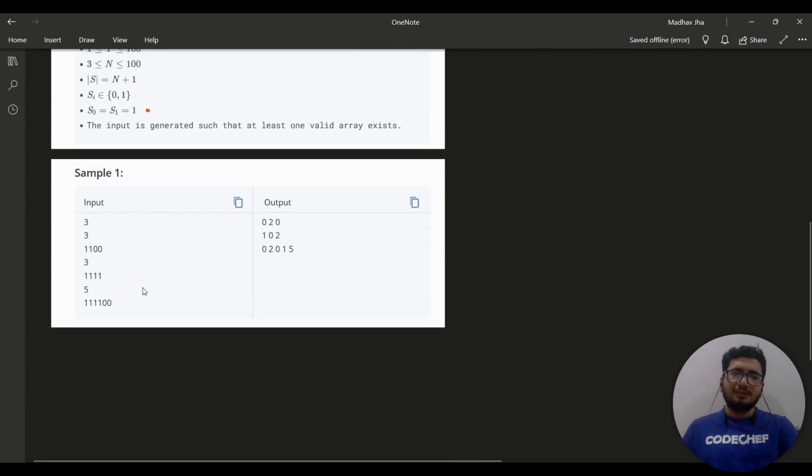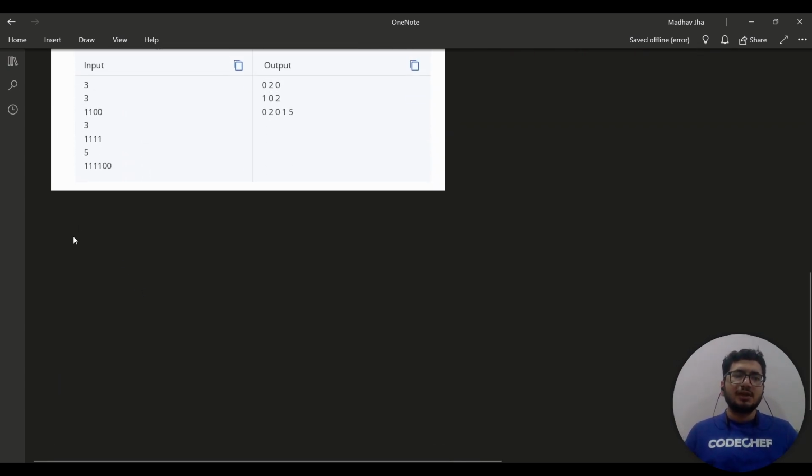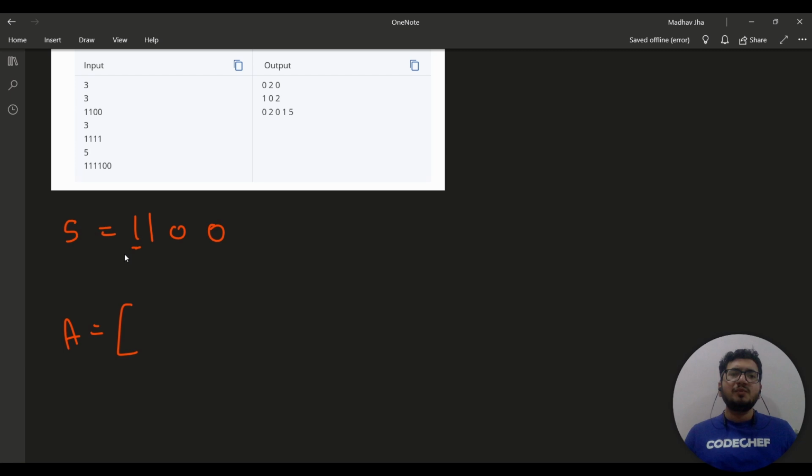Let's see some sample inputs. For the first sample input, the string S is 1100. Let's see what it means. Since S0 is 1, it means that there must exist a subarray such that the MEX value